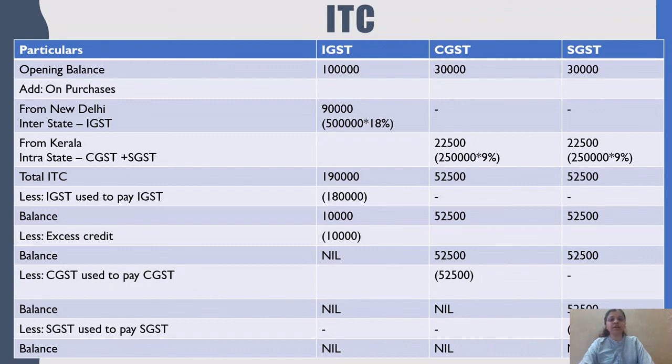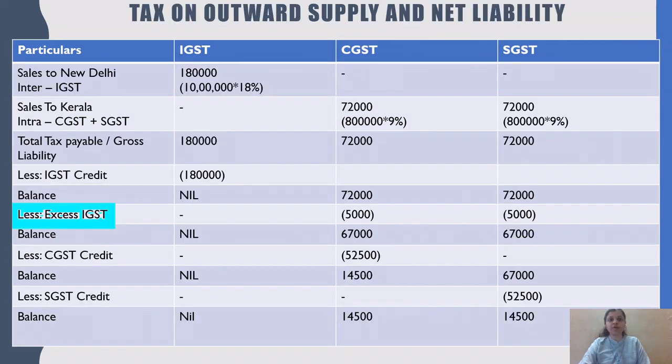So fully this credit will be utilized to pay off this liability, and out of the 67,000 liability, 52,500 will be adjusted with this credit, and the balance 14,500 is a net tax liability which is still remaining and which we have to pay in cash using the specified modes which we will discuss later. The payment process has to be used for this, as no adjustment is now possible. Moving further,